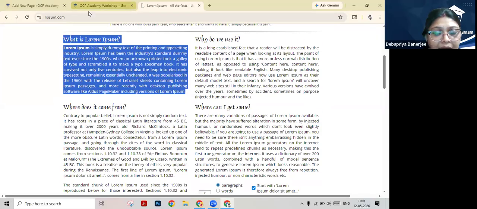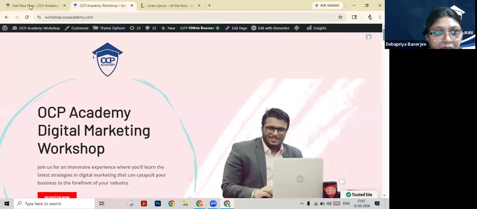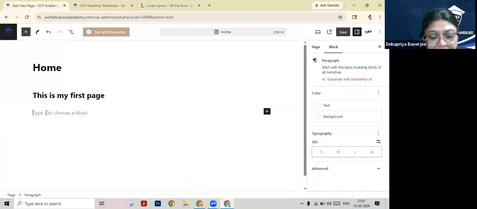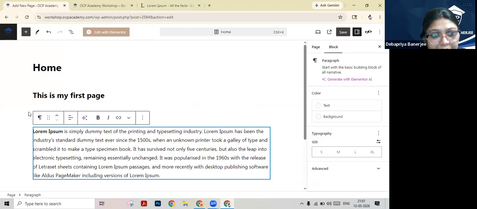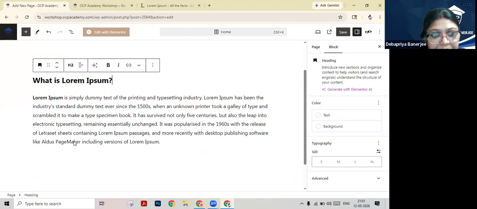Just copying it and pasting it. So see, I have pasted the text here.